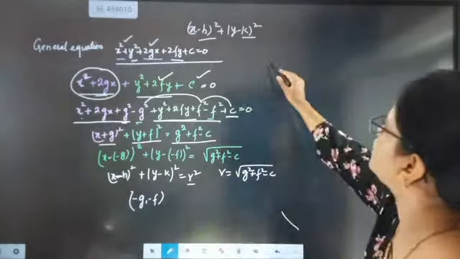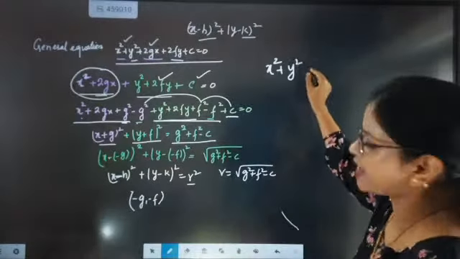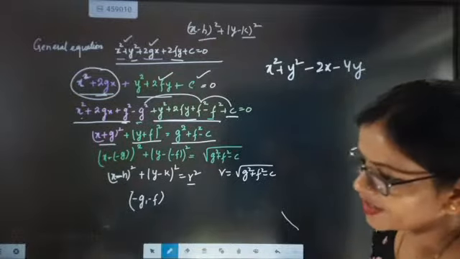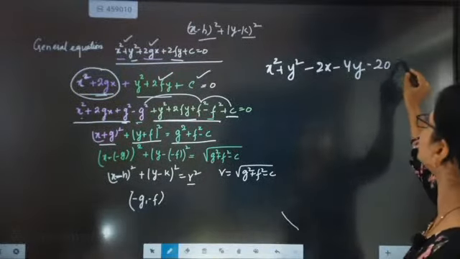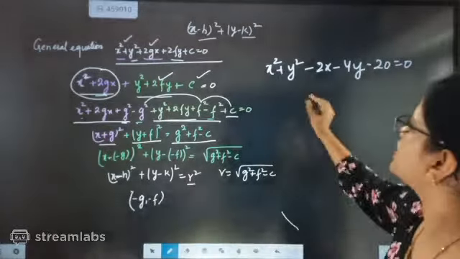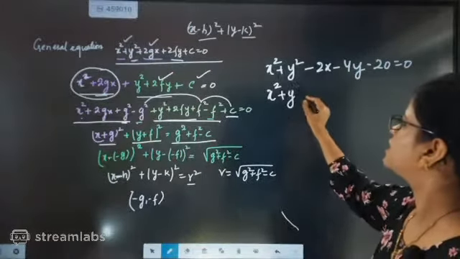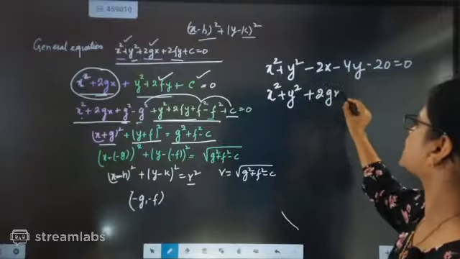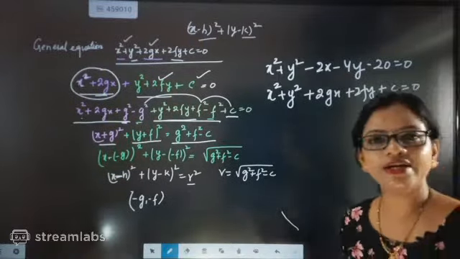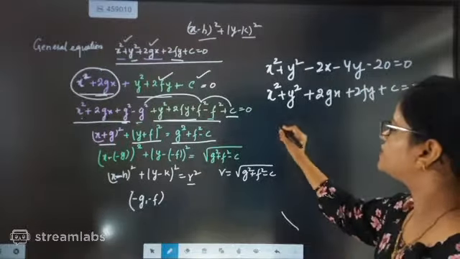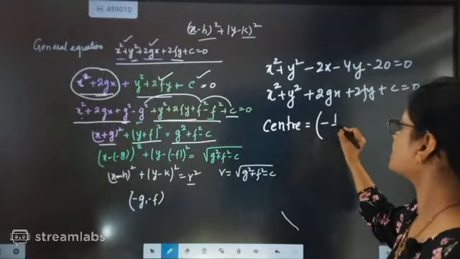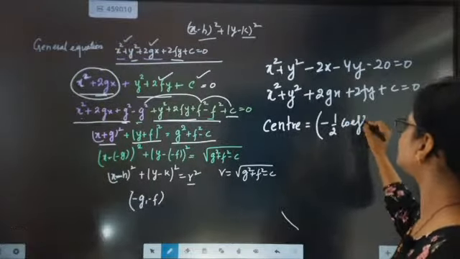One equation is given to you: x square plus y square minus 2x minus 4y minus 20 equal to 0. This is the equation of a circle. Now what is the general equation of the circle? x square plus y square plus 2gx plus 2fy plus c equal to 0. Now how to get the center? One shortcut formula for getting the center is minus 1 by 2 coefficient of x,